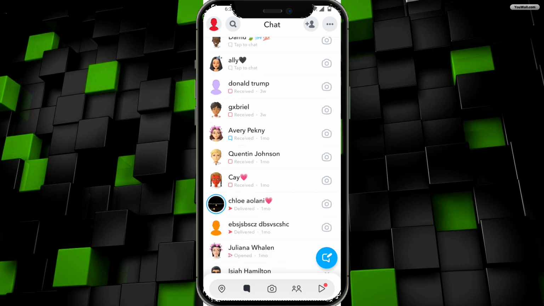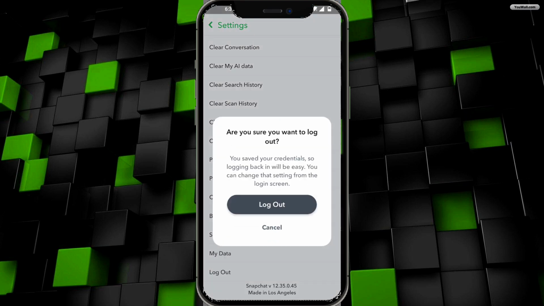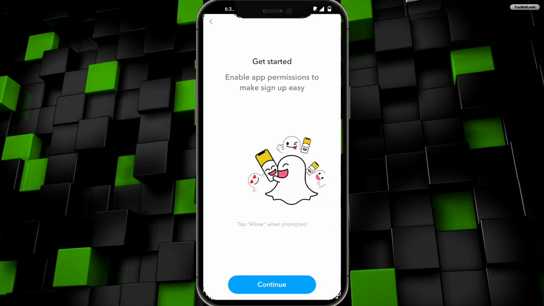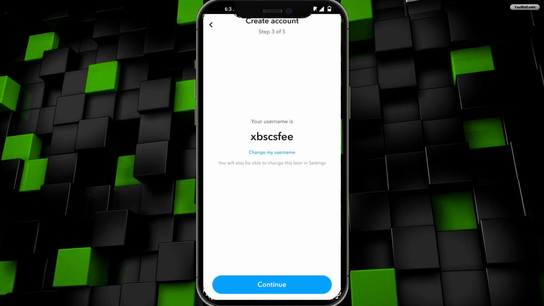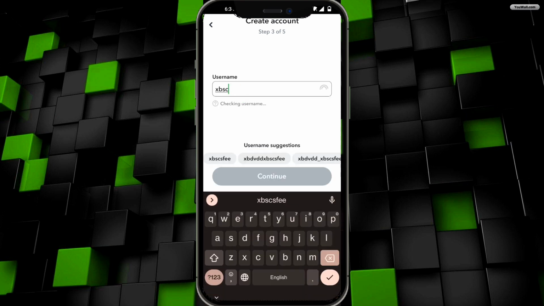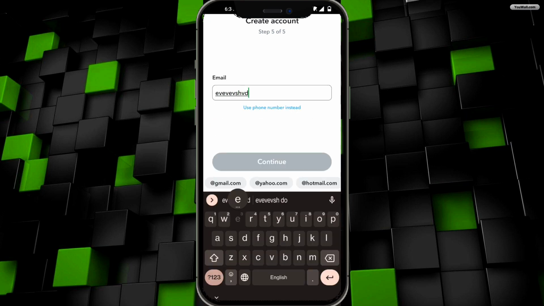It doesn't really matter. If you don't want to spam your friends, then go ahead and make your fake accounts by simply clicking on the gear icon, click log out, and click on sign up, continue, deny. Enter in a random first name, random last name, and birthday, it could be a random birthday. Change your username, make sure that your username is something that you could possibly remember, and click on continue. Set up a random fake password. For email, you can enter in a random email just like that,